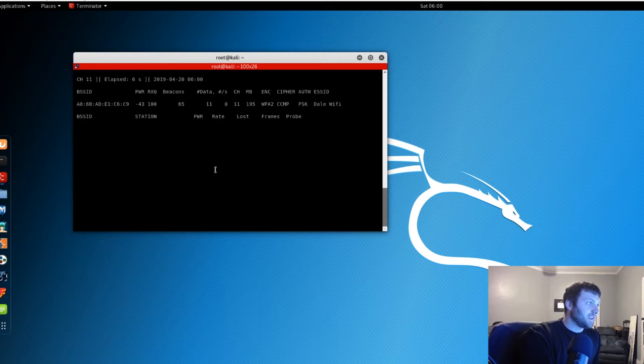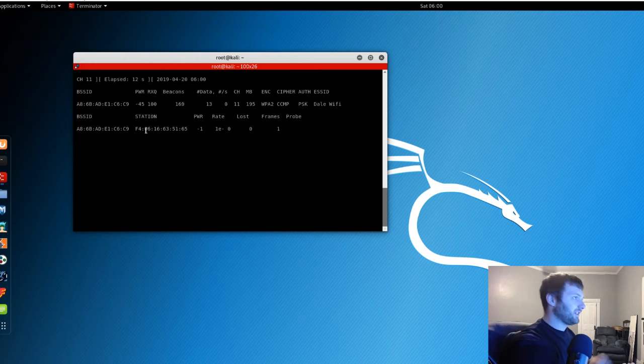So in just a second, we'll see it pop up with the MAC address of my actual cell phone here. So we'll let it scan for just a second, and I'll be right back with you. Oh, there it is right there. Happened faster than I thought it did. So right away, we see that we have a network called Dale Wi-Fi with all this information that we